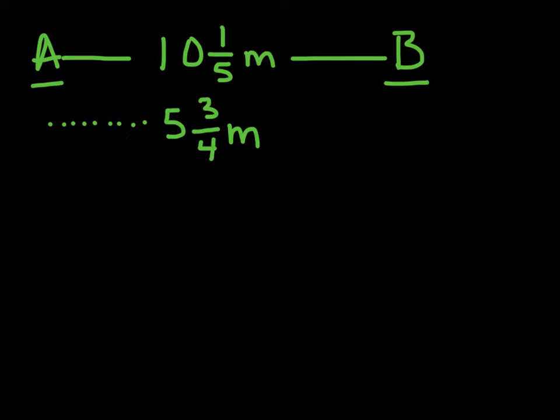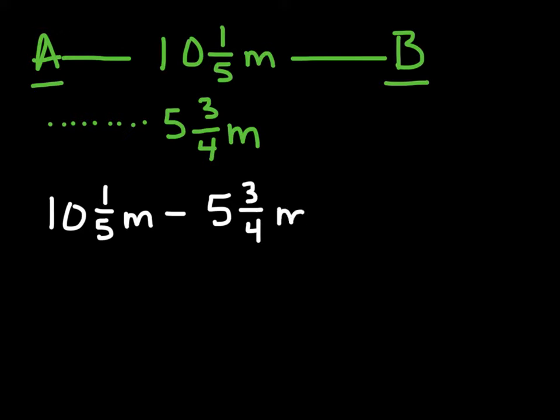Finding our remaining distance is a simple subtraction problem. We need to take our total distance, 10 and 1/5 miles, and subtract the distance we've traveled, 5 and 3/4 miles. Our first step is to write our mixed numbers as improper fractions. So 10 and 1/5 becomes 51/5 miles. And 5 3/4 becomes